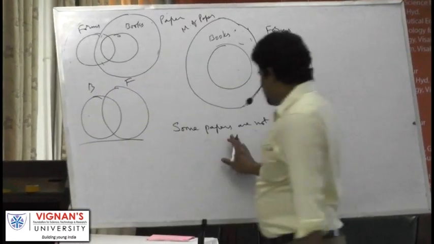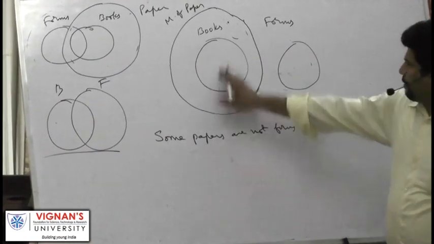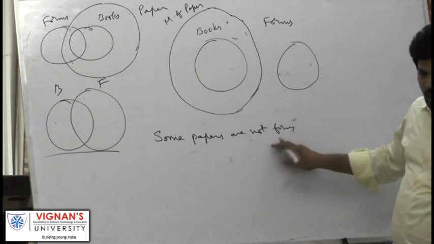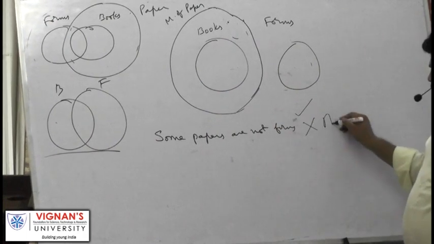Forms. This is a negative statement and it is true in the basic diagram. Some papers are not forms is true. So we take the opposite of this. All